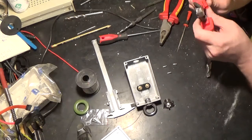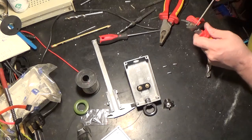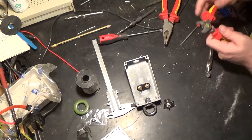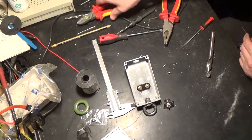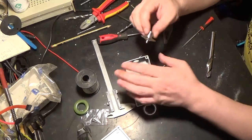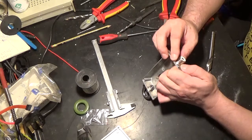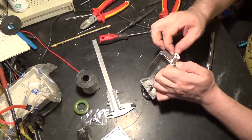This one was a bit short because obviously that's just an offcut, but you can just poke that out quite easily, just like so, and you have your screws cut. No fuss, no hassle, no hacksaw needed. Now let's continue on and assemble